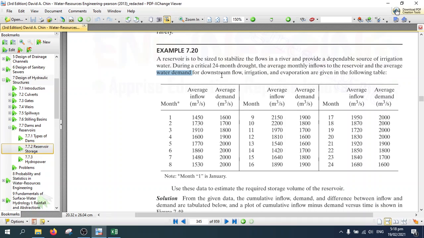And they also factored in other things that can increase the consumption of water, like irrigation and evapotranspiration. So these demand numbers factor in the demand, the irrigation, and even the evaporation,